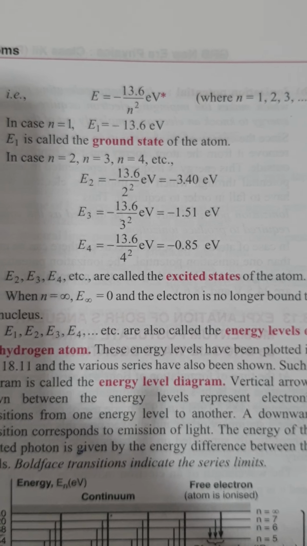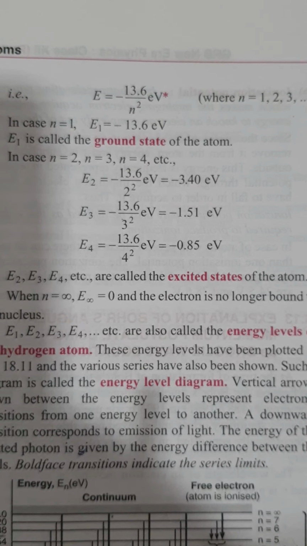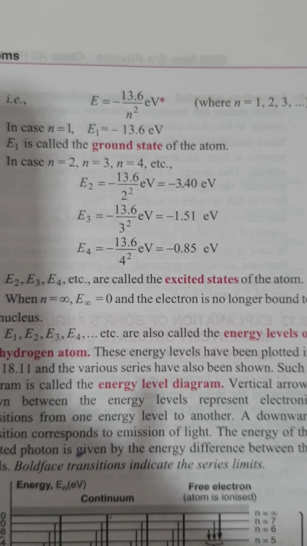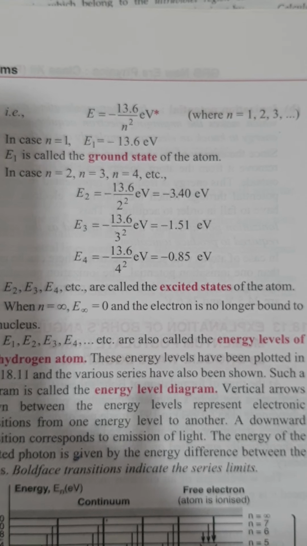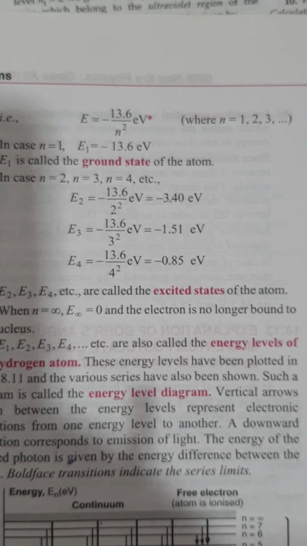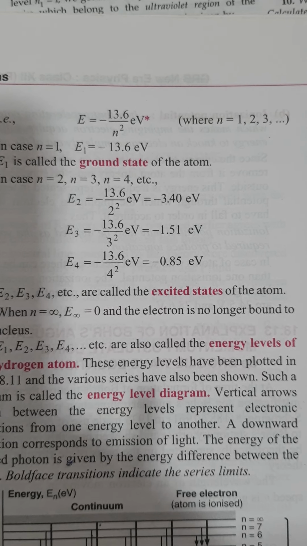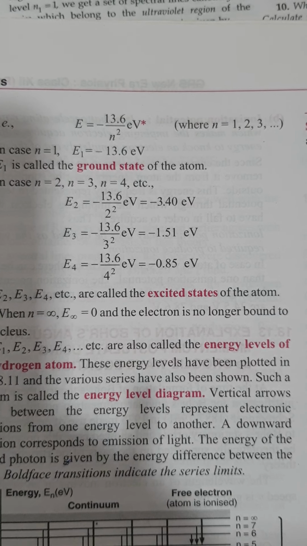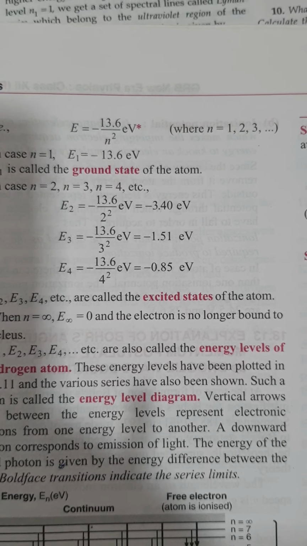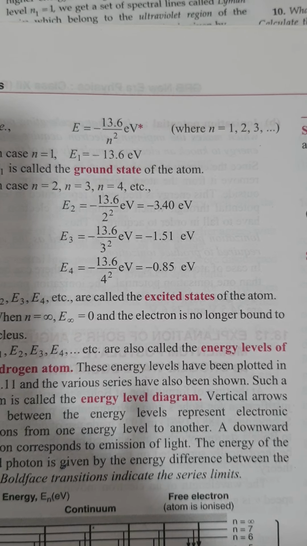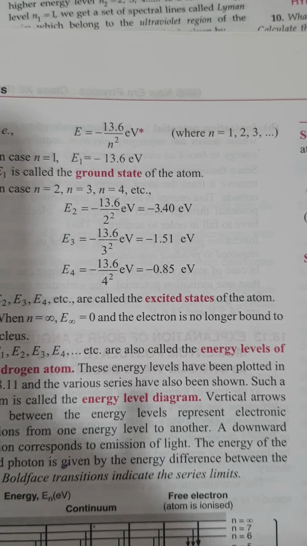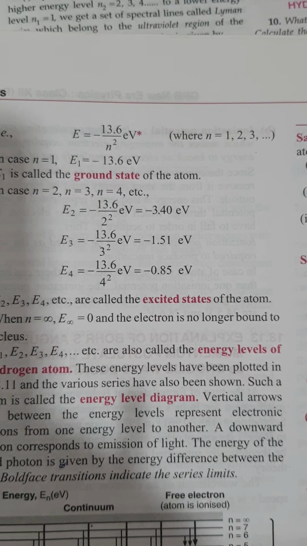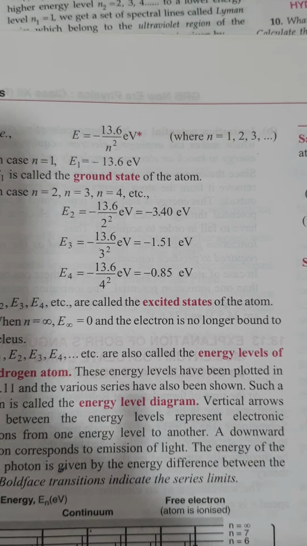So E2 is the first excited state. The energy is minus 13.6 divided by 2 square, that is 4, so minus 13.6 divided by 4, minus 3.40 electron volt. E3 is minus 1.51, E4, n equal to 4, is minus 0.85. See, the value is negative. It means minus 3.40 is greater than E1. That is